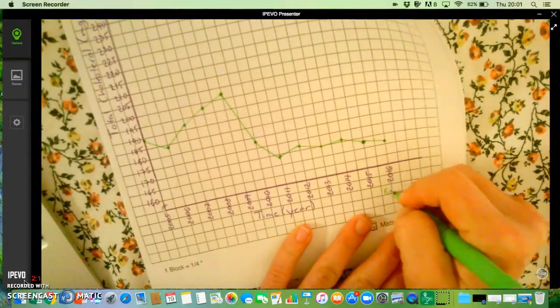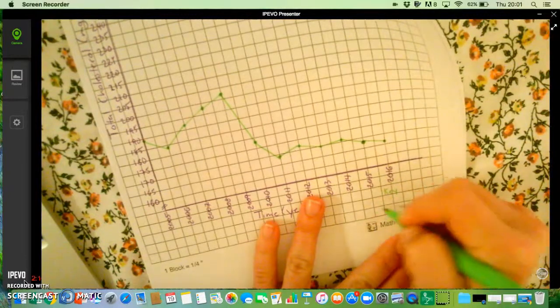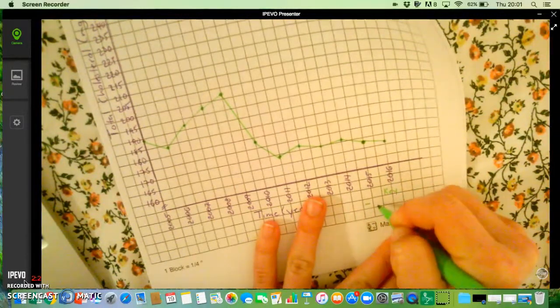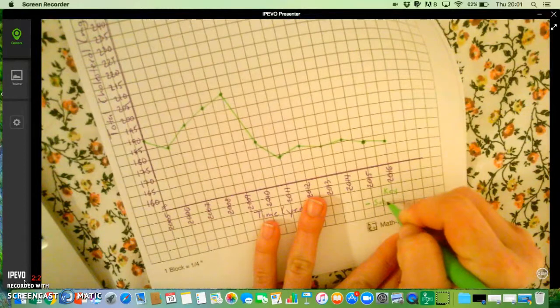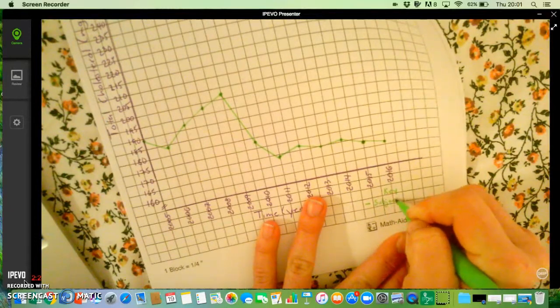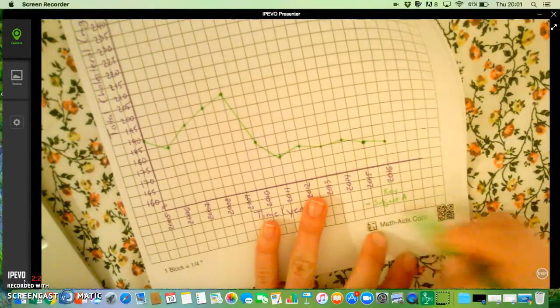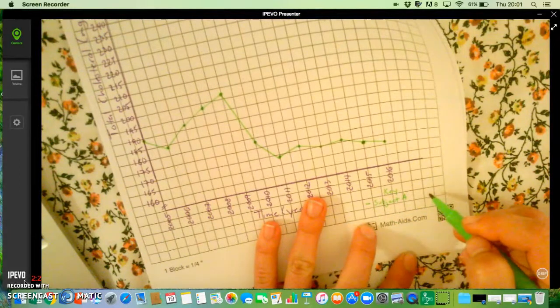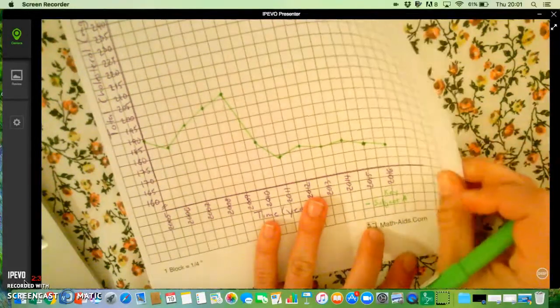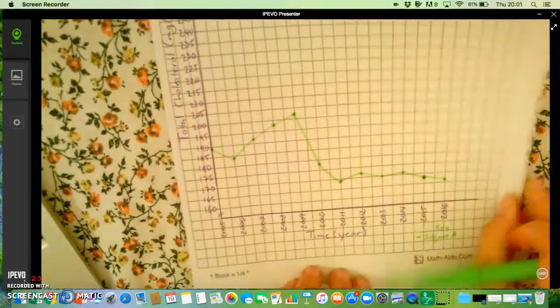Okay. So I can make my key down here, and I could say, all right, green line is going to be subject A, and then I need to pick a different color for subject B and a different one for subject C, and I can put them on the same graph. So once we're done with that,